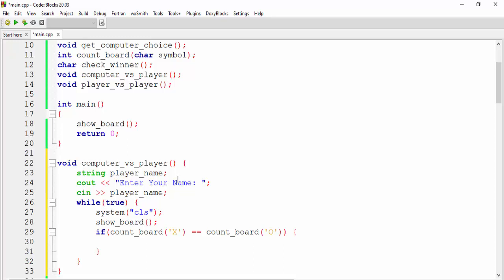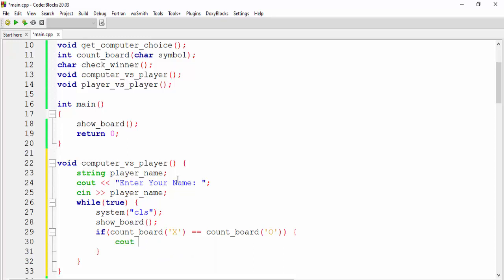How will this condition work? See, if there is no position marked, they will be equal. It means x will mark the first position. If x marks and then O also marks, now x and O are equal, so it's the turn of x. That's why whenever they are equal, we assume that the turn is for x.